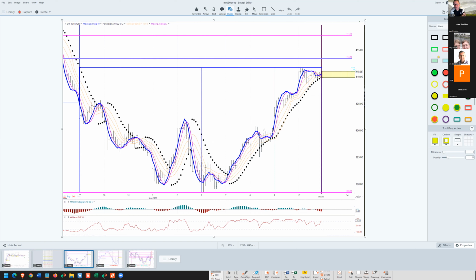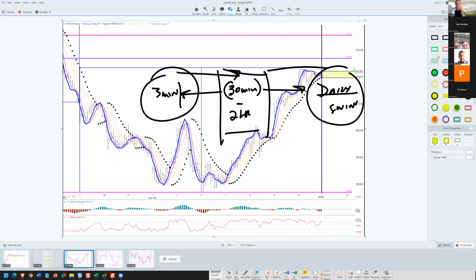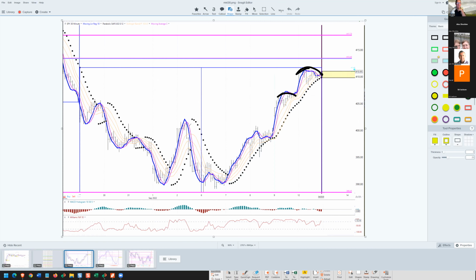If we went down to the 10 and the 3, you actually get some good intraday trades as well. But it's important to see how the 30-minute chart sits in the middle, in between the 3-minute or 1 minute for pure day trading, and maybe the daily chart for longer term swing trading and so forth. So anywhere from 30 minutes to 2 hours gives us this mid-range that's either very slow day trading or very fast swing trading. And that's why we include it in here, because you can really see the support and resistance